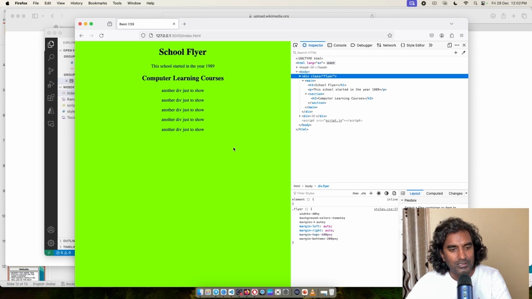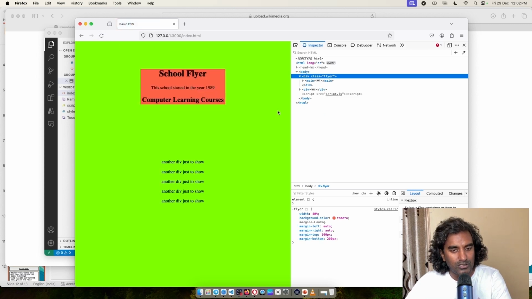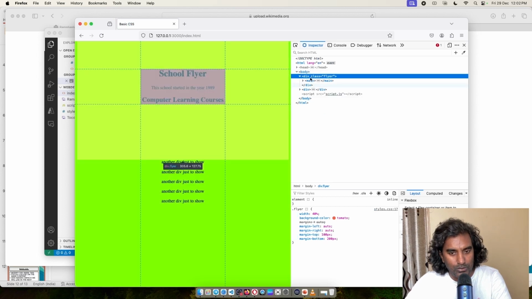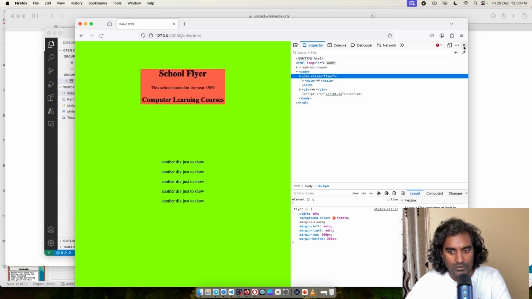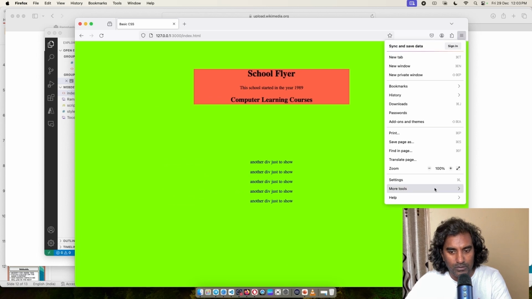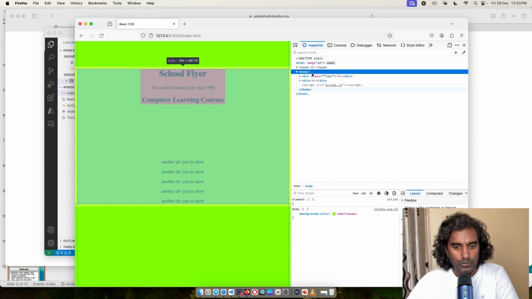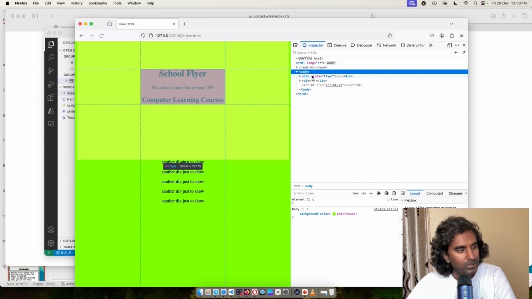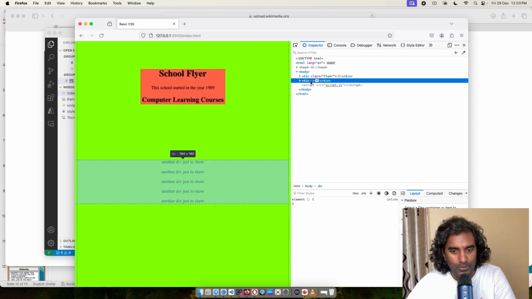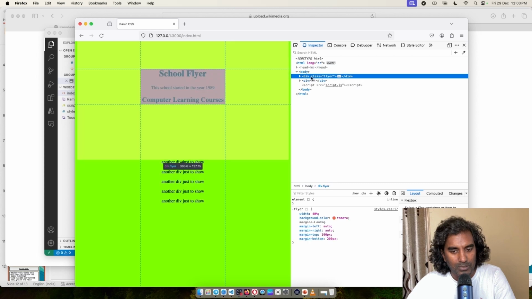Oh, I see. And now if you don't like these changes, just reload the page and you're back to how it was. But again, go to the bottom. Let me show that to you again, just in case you want to experiment. So go here, developer tools, check the inspector. And now just move your mouse slowly and you'll get different things being selected. Now I want to manipulate this, so there you go. I want to manipulate this, there you go. And now I have the margin. Yes, margin left auto. So this top is 100.